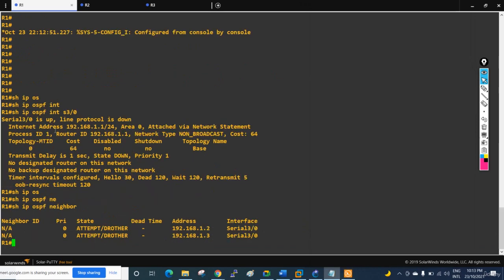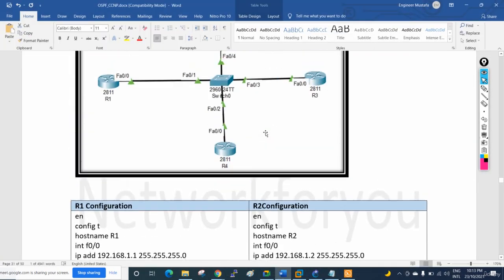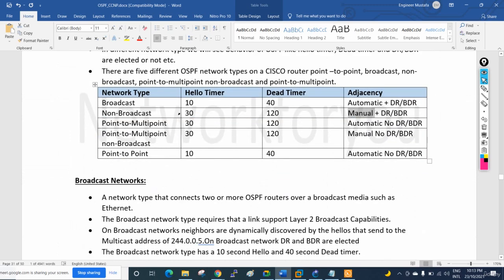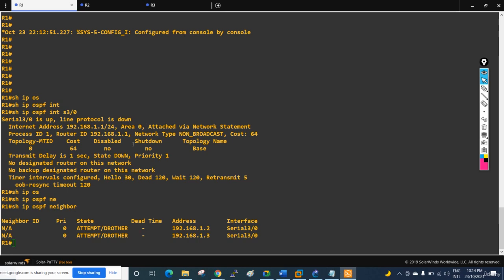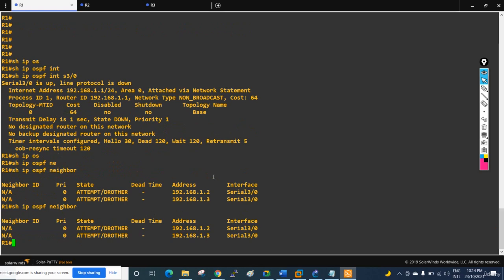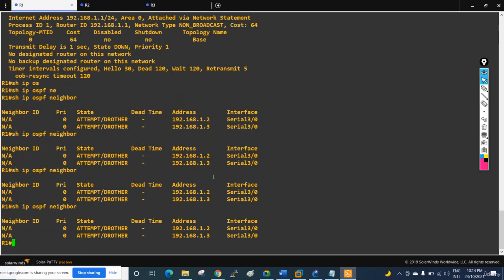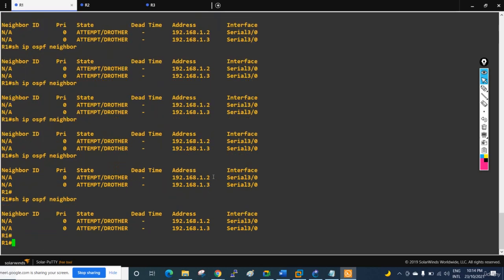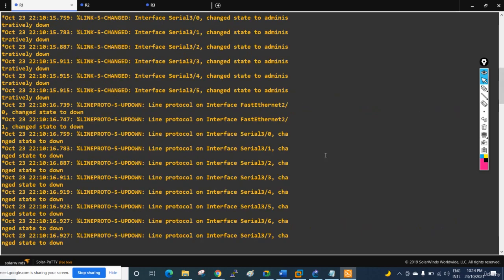What else do we need to check here? Let me check what we said in our point notes. So we will verify that one. We said this timer. Okay, so this timer we verify, and we will have the DR BDR. So this is a non-broadcast network we are doing. So we will see, yeah, DR, other, BDR should come here. It is not coming here. Maybe we missed some configuration. Let me check here. We should have DR/BDR, or maybe in the frame relay